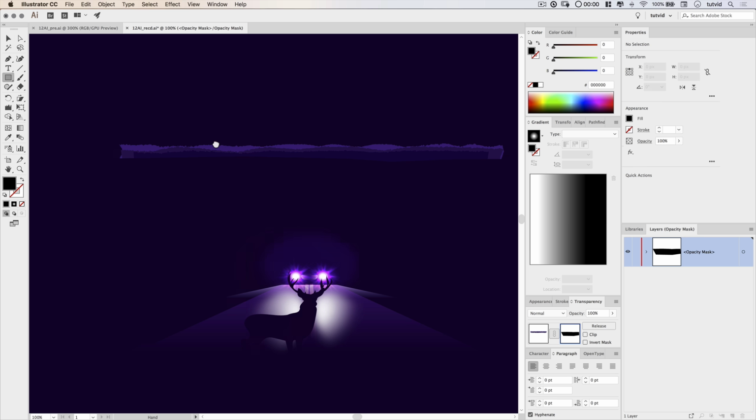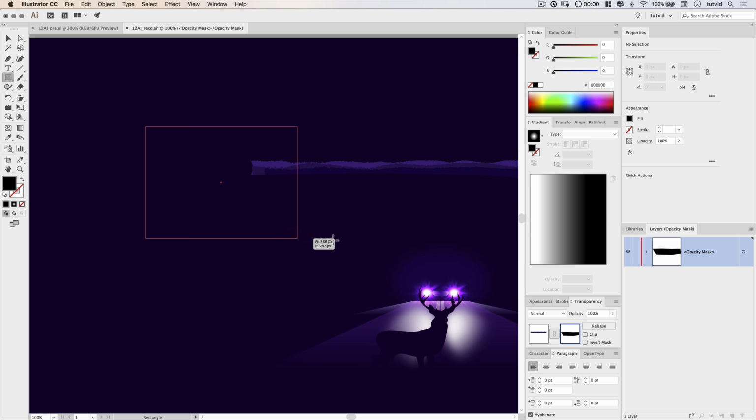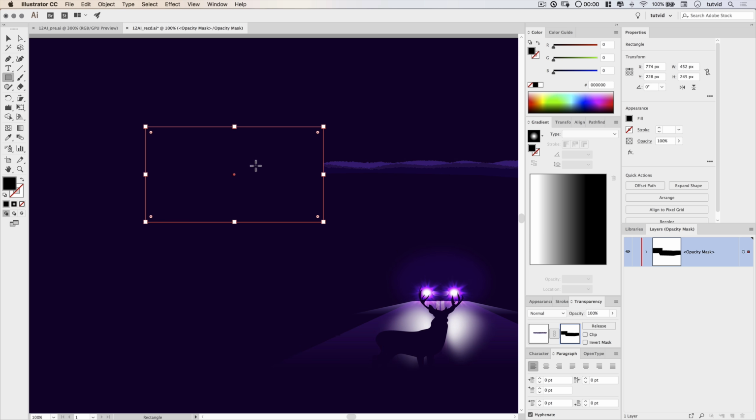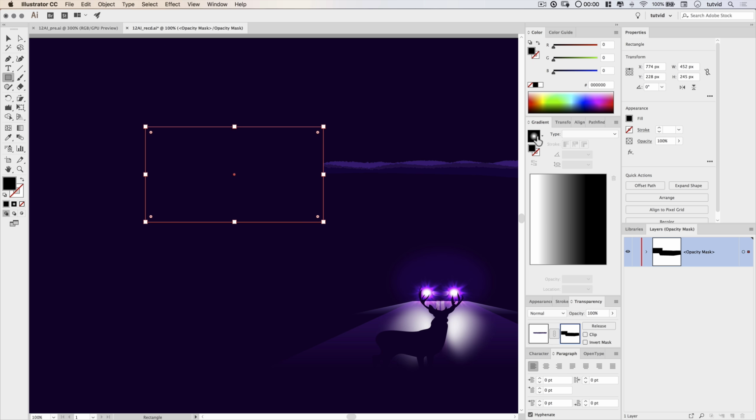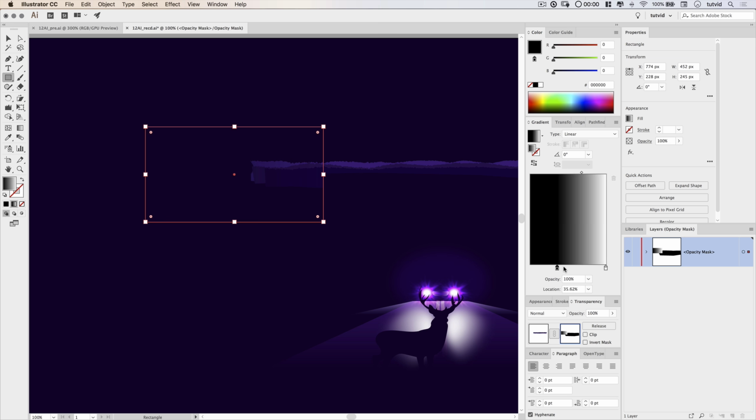Now I'm going to grab a rectangle by using my rectangle tool. I'm going to drag out a rectangle over one of the edges here. And the plan is not just to cut it off harshly and sharply like that, but rather to fade it. So we're going to add a simple black to white gradient. Again, remember this is really a dark, dark gray. So select that black color stop, hit the true rich solid black up in the color panel. We'll flip or reverse this gradient and then just begin dragging the black slider in until we get a nice fade here on the edge of this.